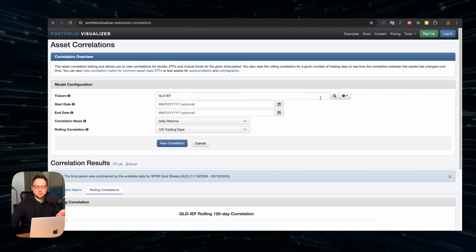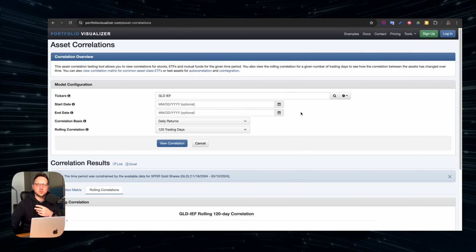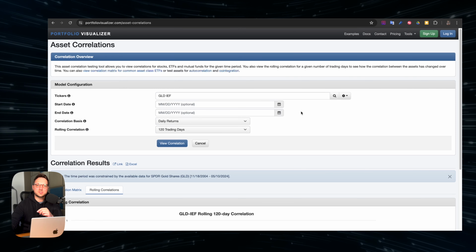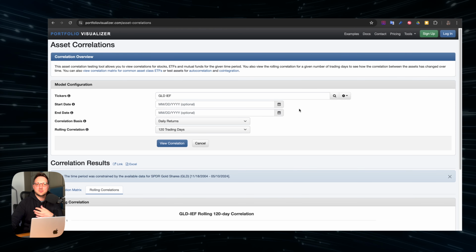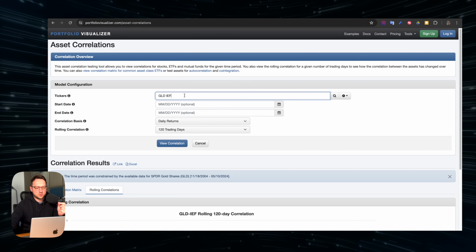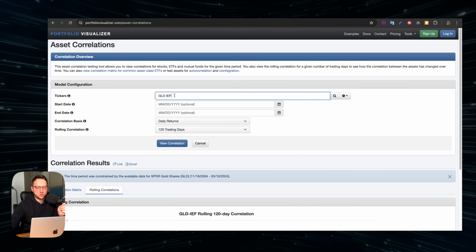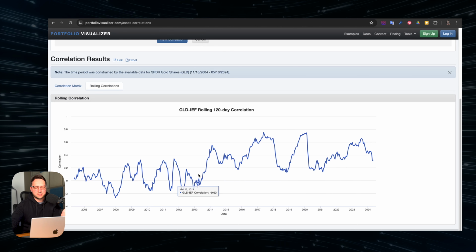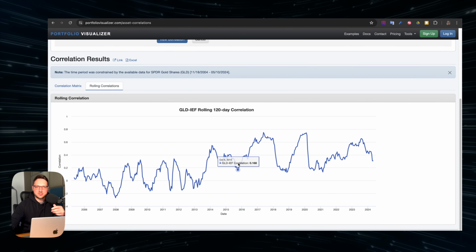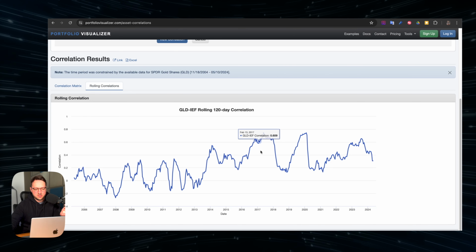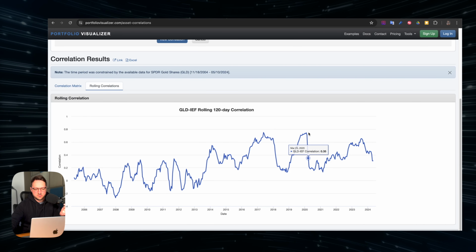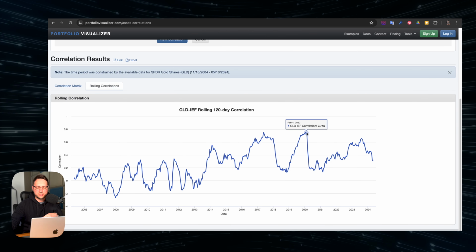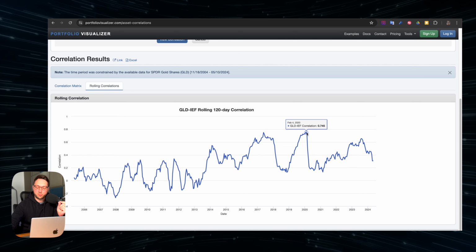And if you Google, for example, a correlation calculator, this might show up, and we can check how it looks, because we are not talking about just any correlation. There are some more significant and less significant, or basically unimportant, correlations. Here I am choosing to check the correlation between gold and government bonds. So let's view the correlation and see the chart. This chart shows us how those two asset classes correlate with each other. As you can see, only 2 times was there a somewhat significant correlation between gold and the government bonds, a positive correlation,